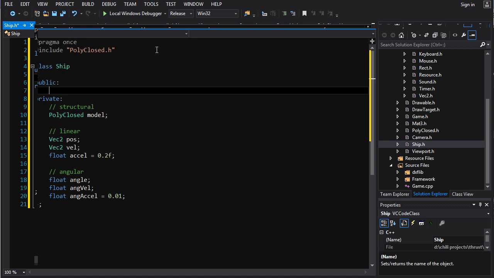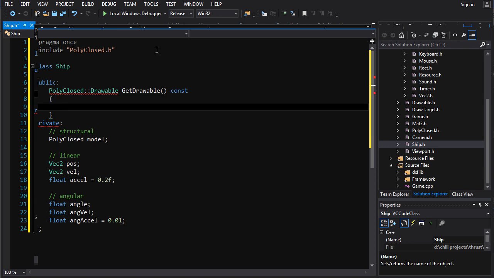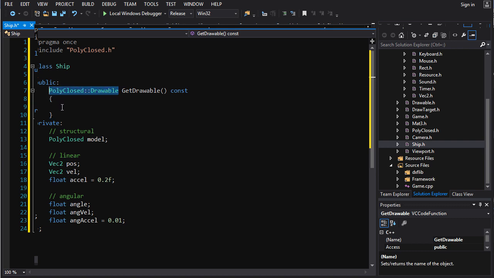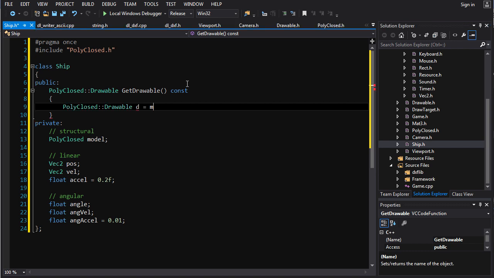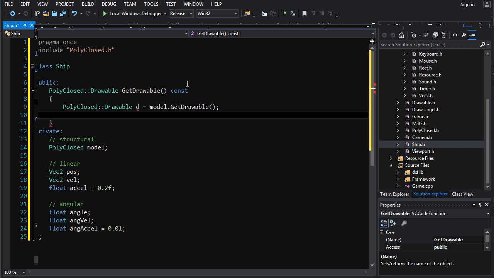All right, so ship. What do we do with our ship? Well, we do poly closed drawable get drawable const, and we go poly closed drawable d is equal to model dot get drawable, and then we add the position and everything about the ship in here. So we go transform